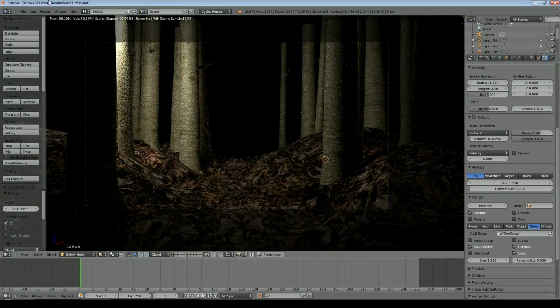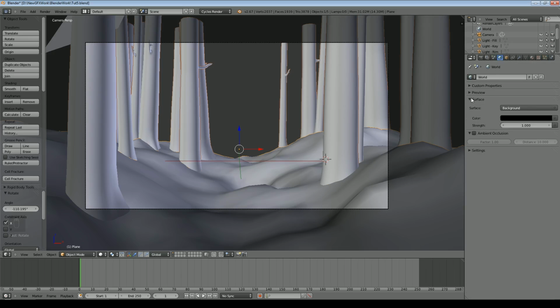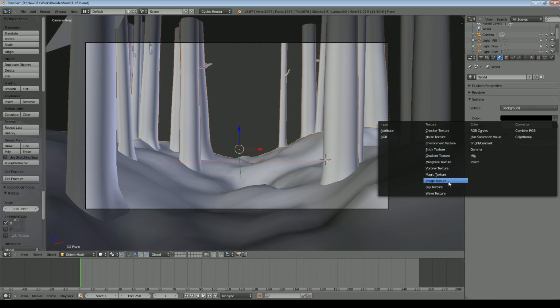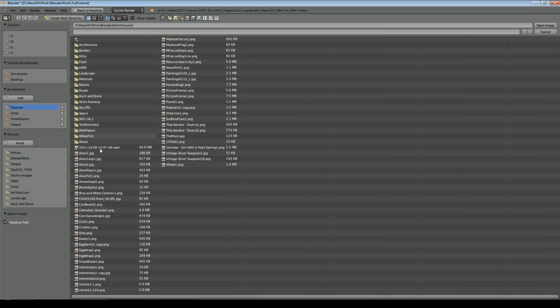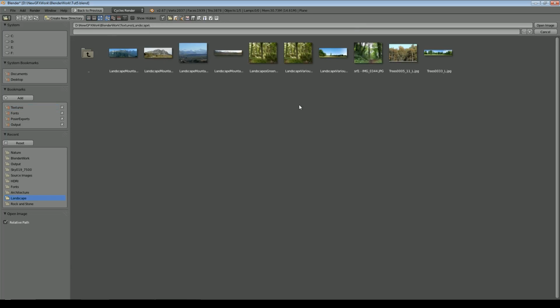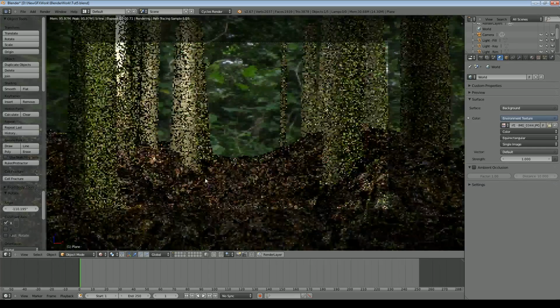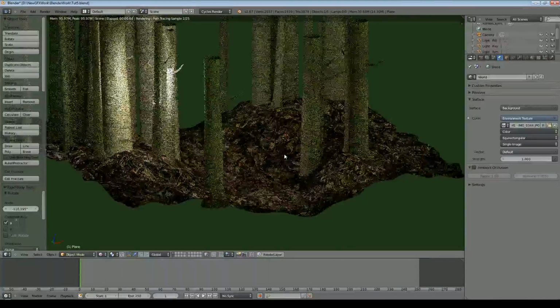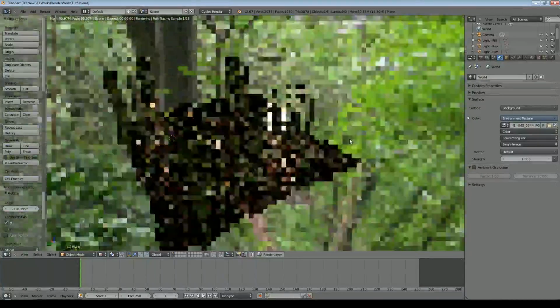So at this point, to help us see what we're doing, I'm going to add a background texture. So we come here to the world and we add an environment texture. Go to our textures and we choose one. In my case, there were several I looked at. The one I use at the moment, I'll use this one here. So we open that image, and then if we go to rendered, you can see at the moment it does not match. If you're in orthographic, by the way, those background images don't really work. So you can see there's an image there, but it's not quite what we're looking for yet.